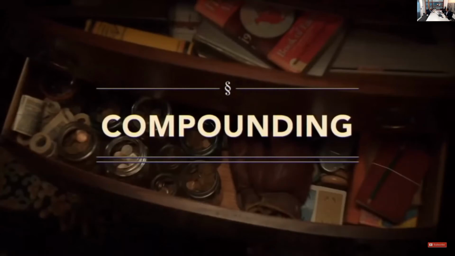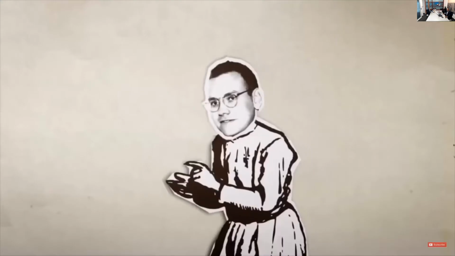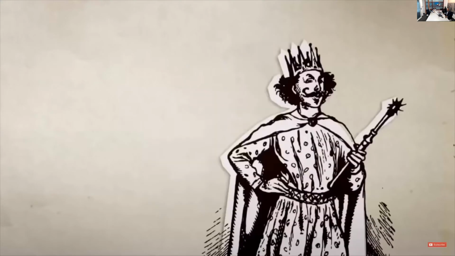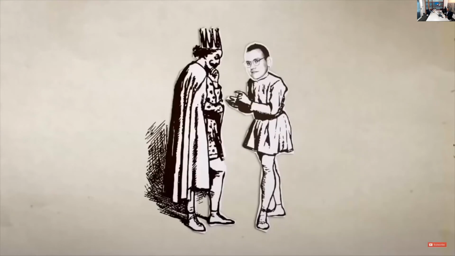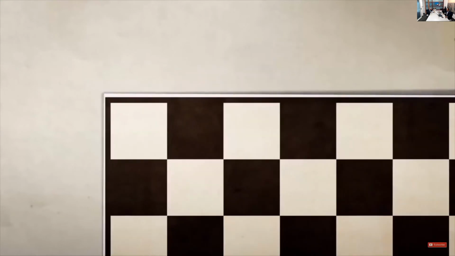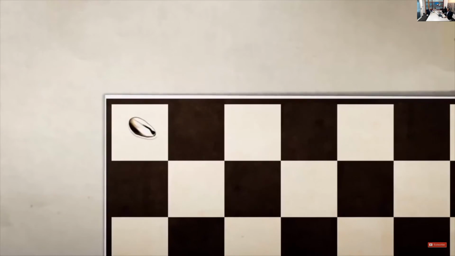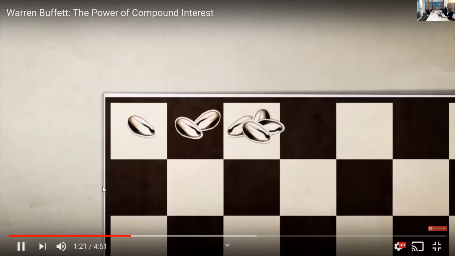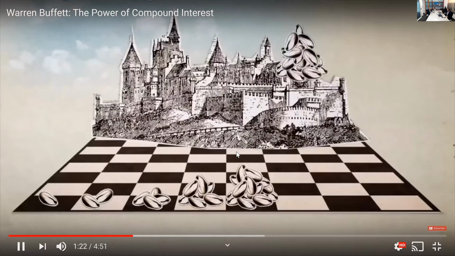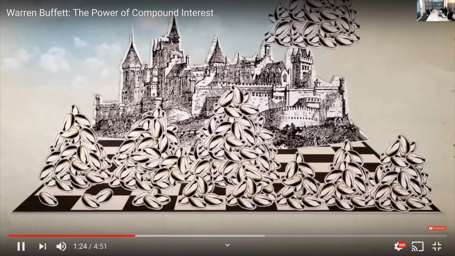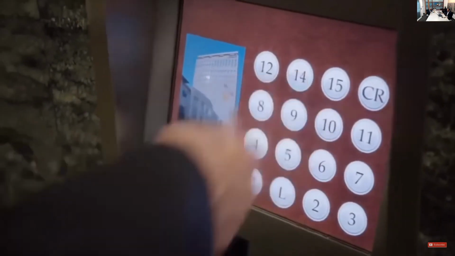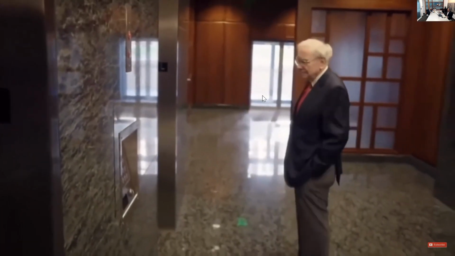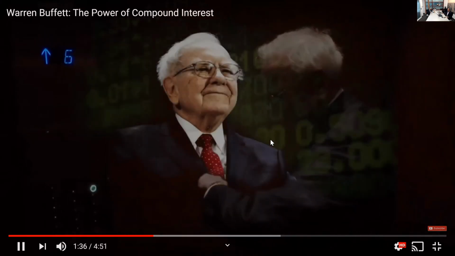Einstein is reputed to have said that compound interest is the eighth wonder of the world or something like that. And it goes back to that story you probably learned when you were in grade school where somebody did something for the king and the king said, "What can I do for you?" And he said, "Well, let's take a chessboard and put one kernel of wheat on the first square and then double it on the second and double it on the third." And the king readily agreed to it. And by the time he figured out what 2 to the 64th amounted to, he was giving away the entire kingdom. So it's a pretty simple concept, but over time, it accomplishes extraordinary things.